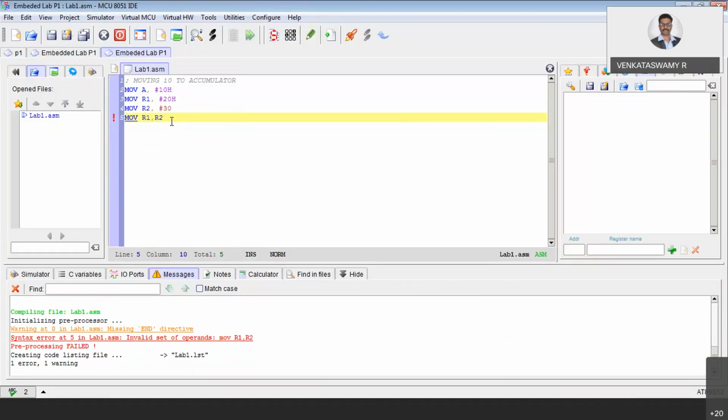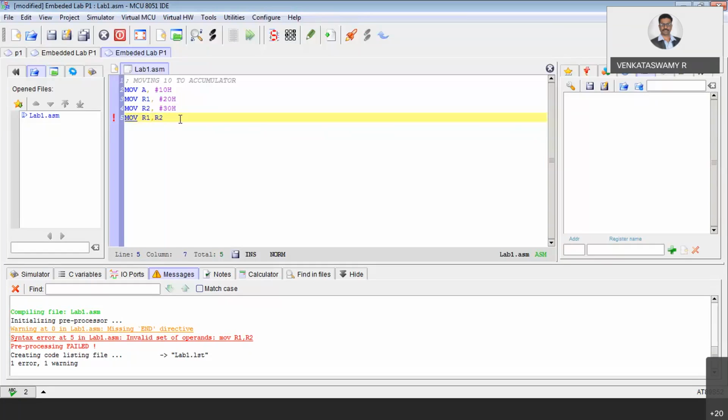So you want to move the content of R2 to R1, right? You're planning to move this 30 to R1, correct? Is that what you are thinking, Gnanadas? Yes, sir. Now, what logic will you use? The hint is: can you use the accumulator as an intermediate register, a temporary register, and how do you do that operation?